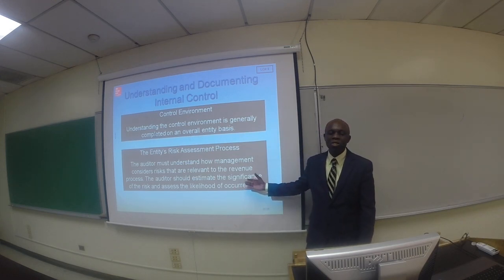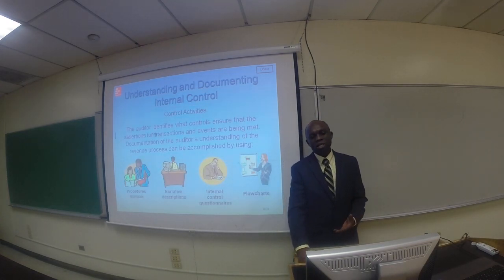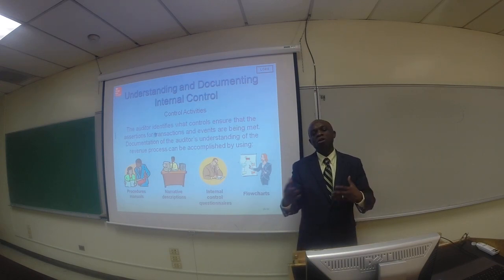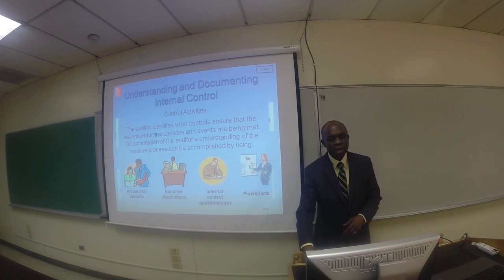Then the second one is the entity risk assessment process. We did talk about that. Then the control activities. We need to understand and document the internal control. What kind of control activities does the company have or put in place? So we need to have that understanding. What kind of procedural manual do they have? What kind of narrative descriptions do they have? So on and so forth. Then moving along,